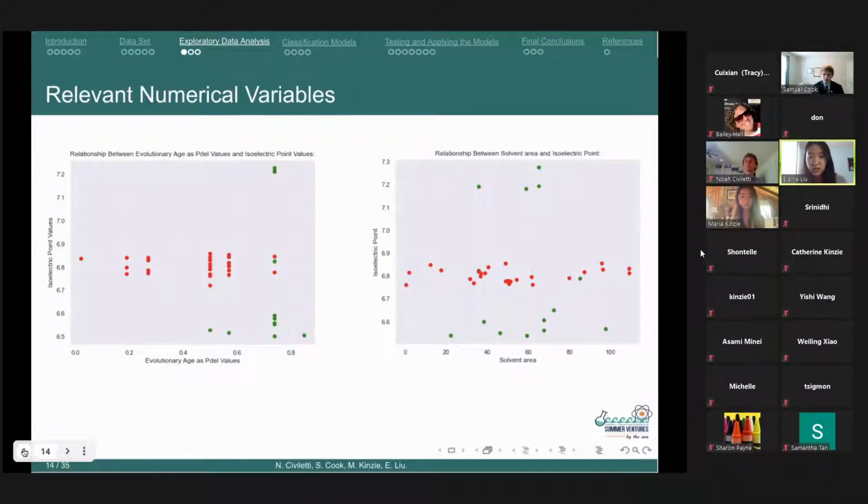And from what you can see here, isoelectric point specifically does a really good job of separating the data points into almost 3 separate categories, with the green or positive data observations above or below the middle red or negative observations, with the exception of like 2 outliers. So from the exploratory data analysis that we performed, we were able to have a better idea of which variables we would use as covariates or X variables in the models that we would make.